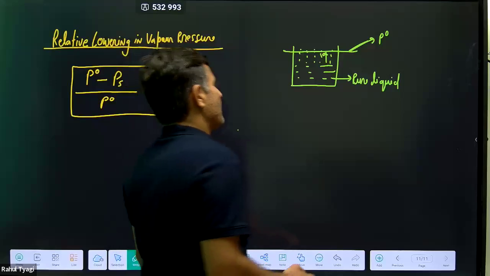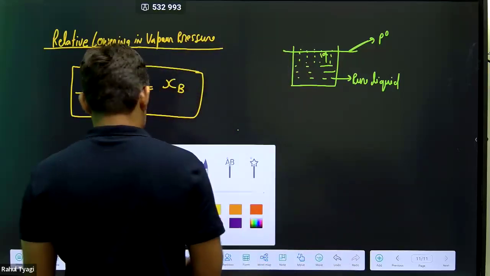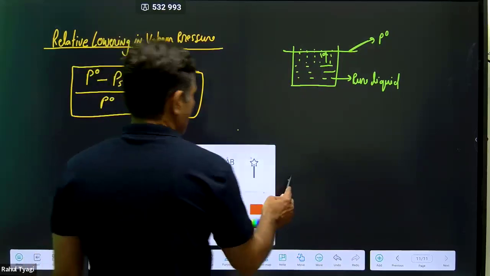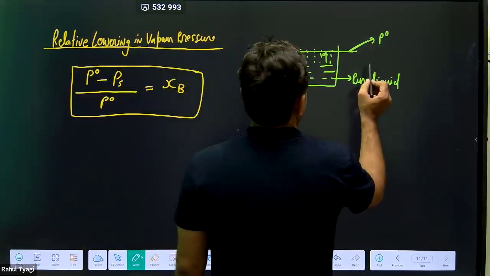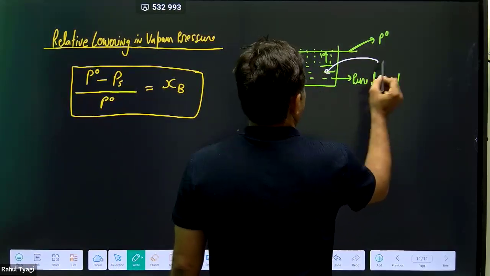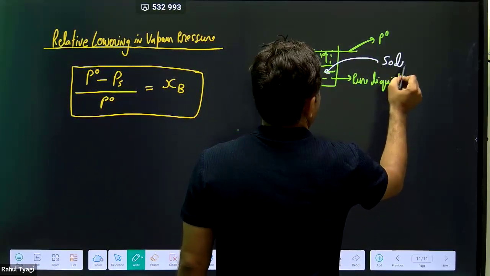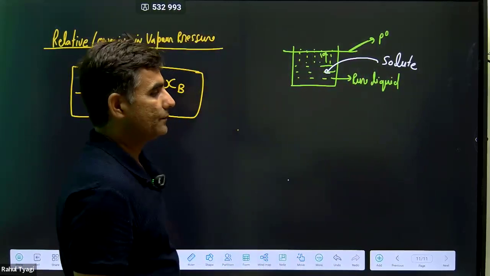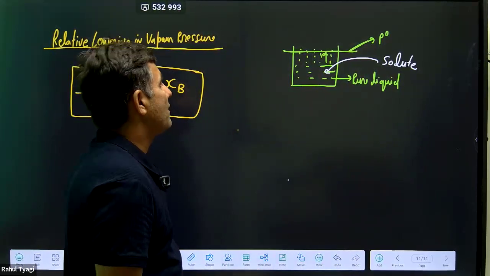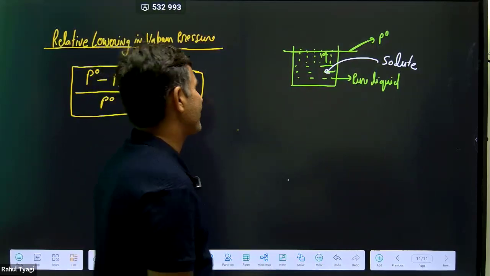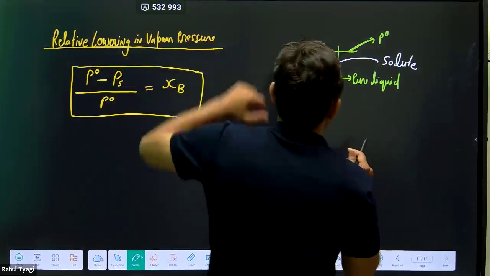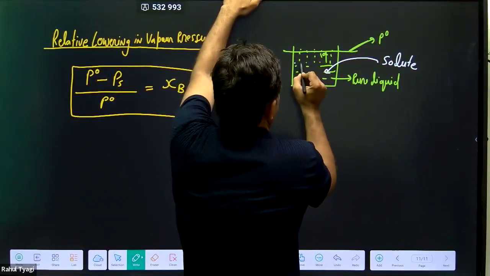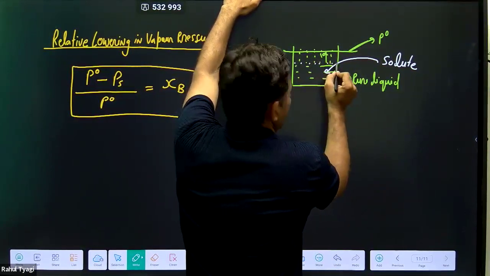Now, if I put some solute here, what will happen here? Some particles of solute come to the surface